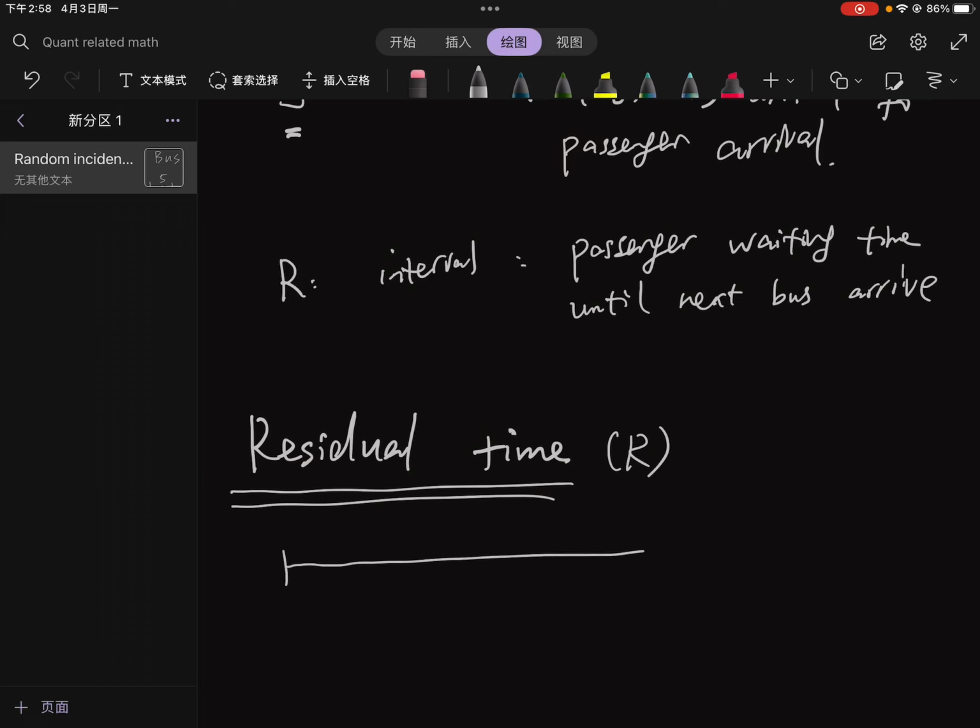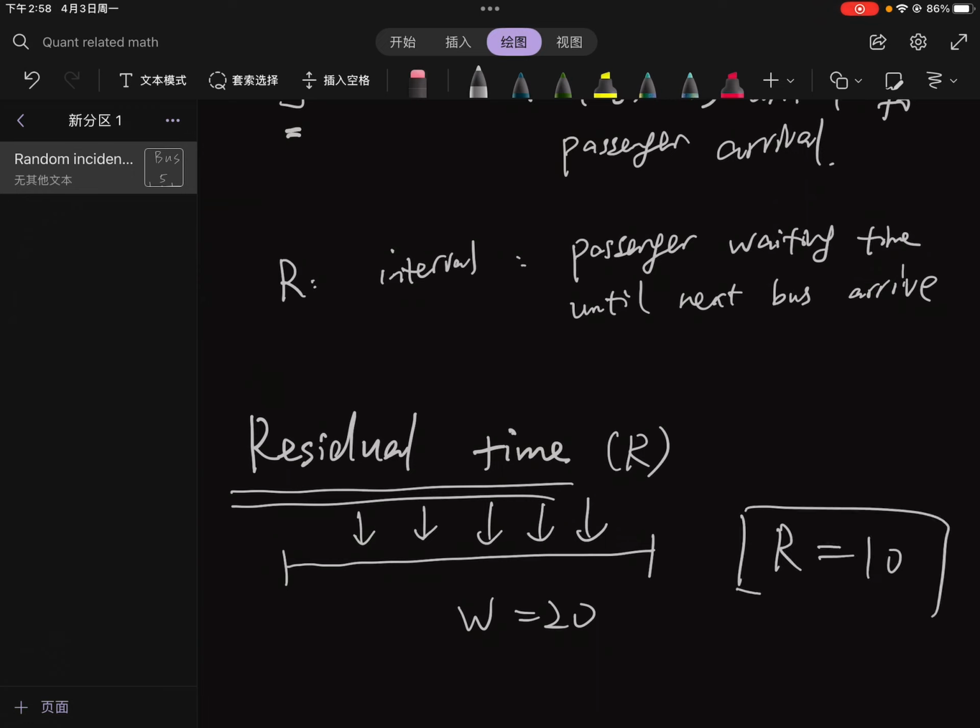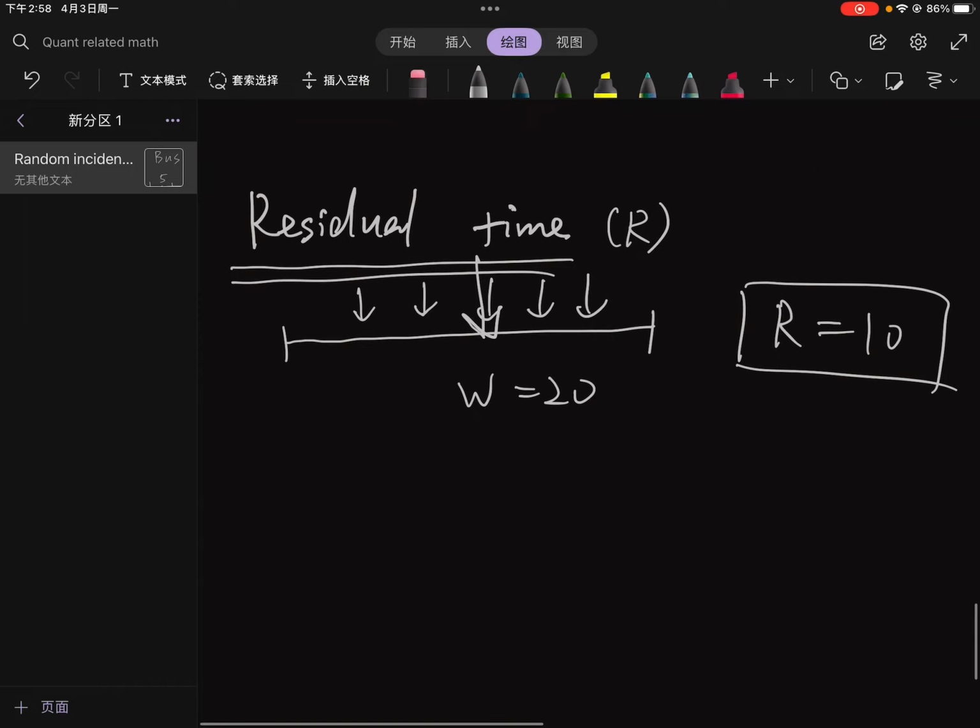And I don't want to do a derivation of that. When you have a Poisson process, the arrival time will be uniformly distributed. So we know now W is equal to 20 minutes. Then you will arrive in this interval evenly distributed. So R will equal 10 minutes. So essentially it means R will arrive here, so S will also equal 10 minutes. And that gives us the answer for that question. This is a question on page 90 of the book.